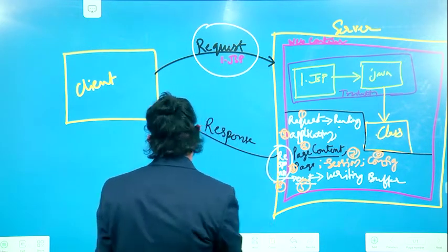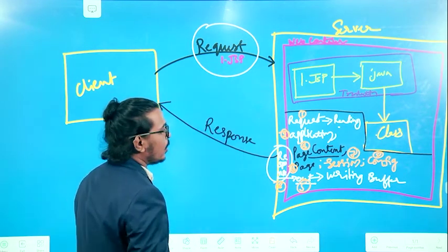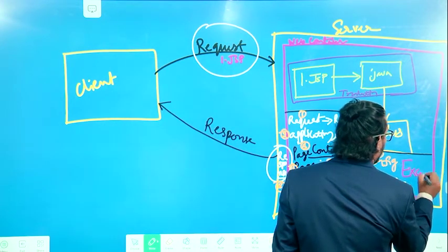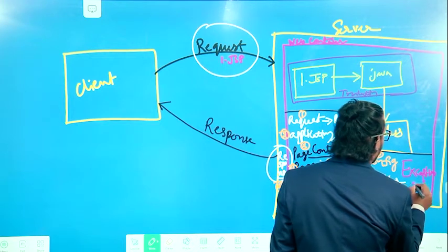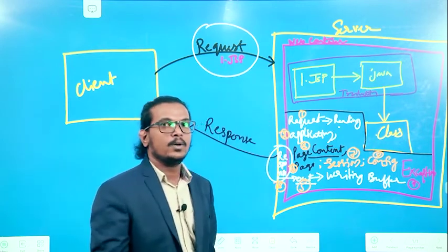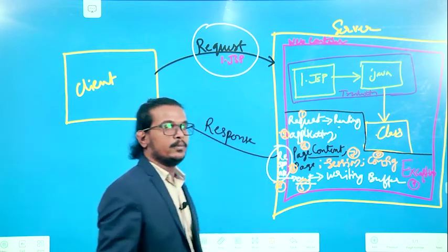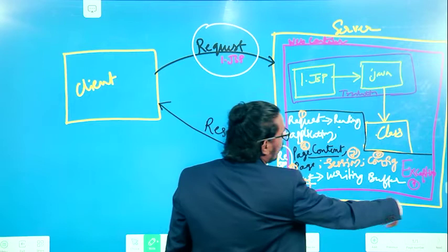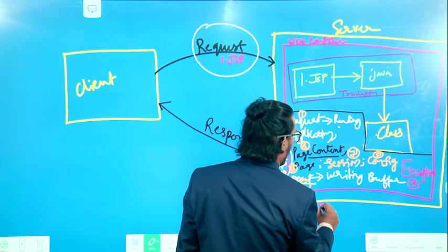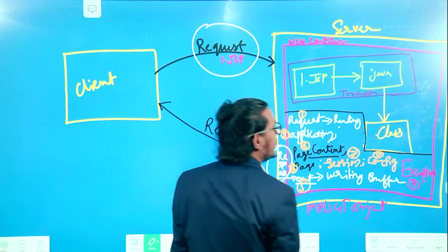If you have any errors while creating all these objects, for handling all those errors we are using the exception object. With the help of this exception object, we are handling all these 9 objects, or 8 objects. If you have any errors, we report all those errors to the exception object. So that is the role of these 9 implicit objects. This is the use of the implicit objects.